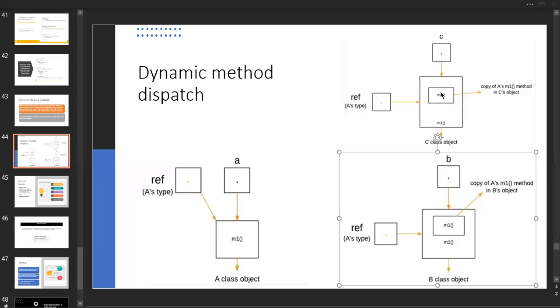Very, very simple one. The common thing is, first we create an object and we call the methods. But here in dynamic method dispatch, we create a reference. By using the reference, we are going to call the methods. That's it. Okay, now we'll move on to